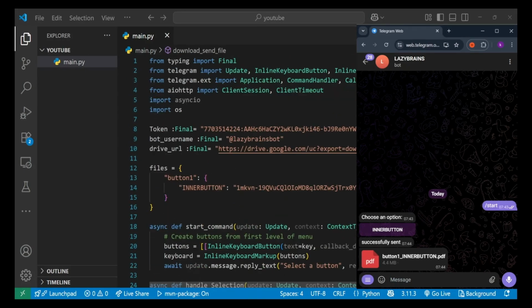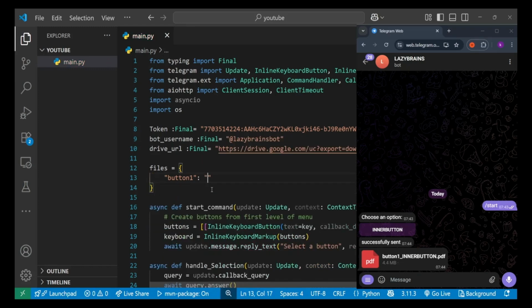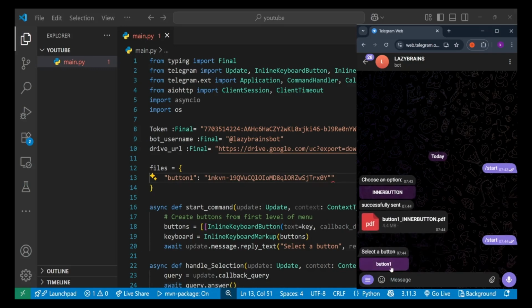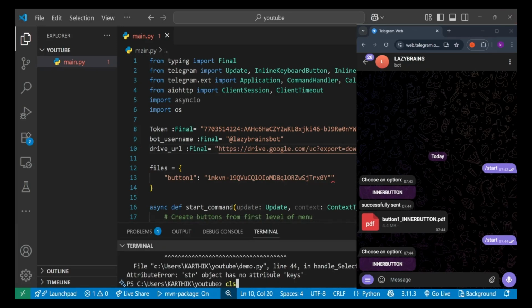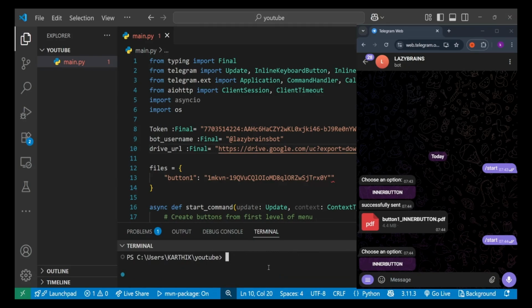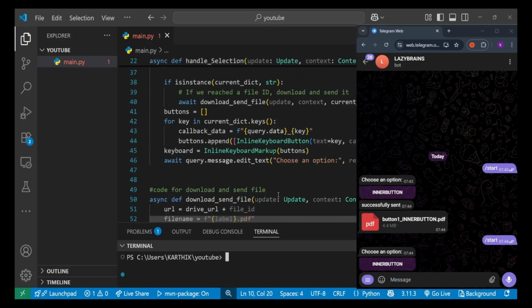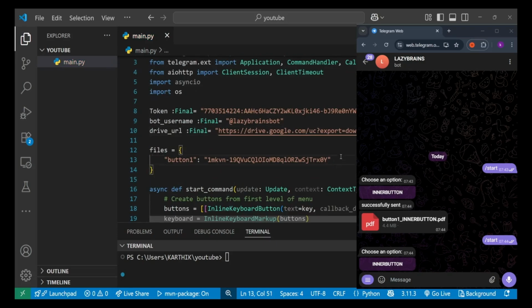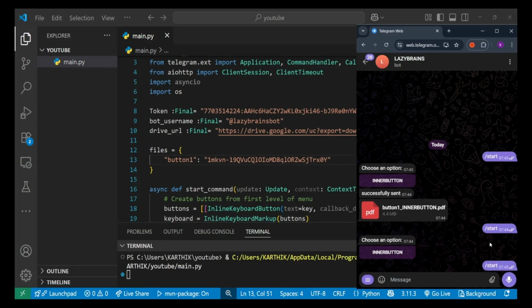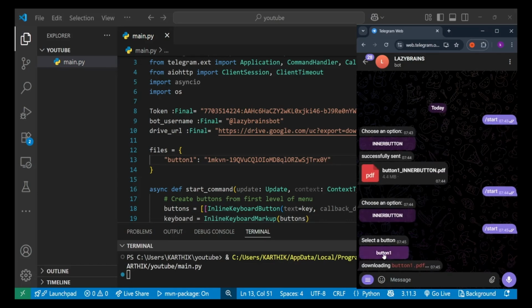What if, let's give the ID to button 1. Save it and let's click the start button again. Print button. Save and run it again. Okay. Save it and run it. Start button. So when I click button 1, it is not going into the options because